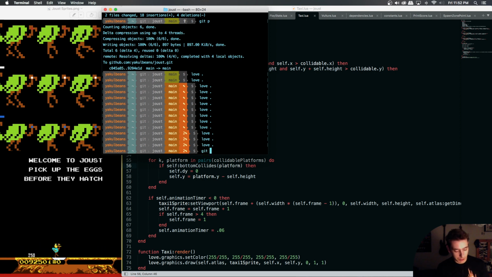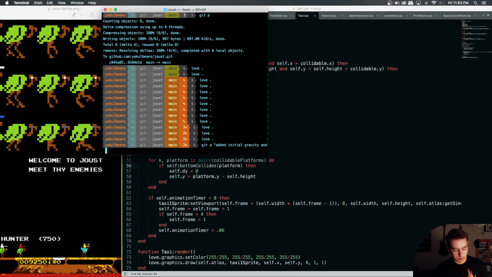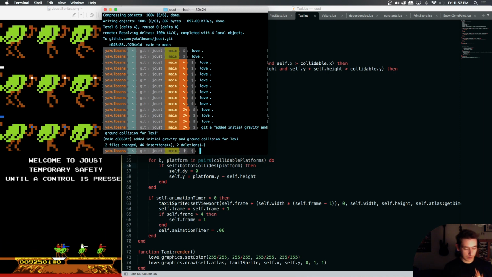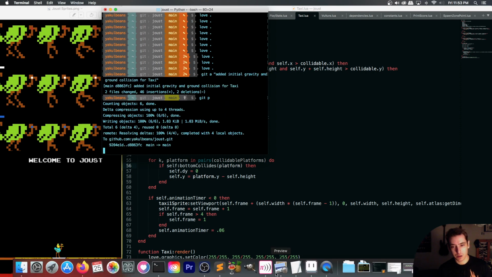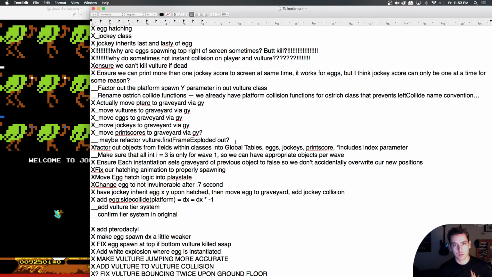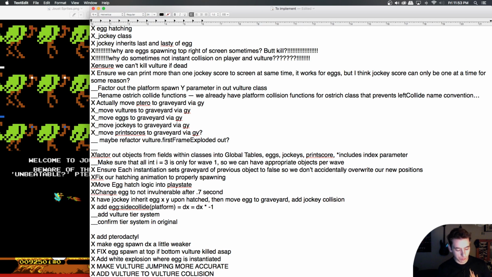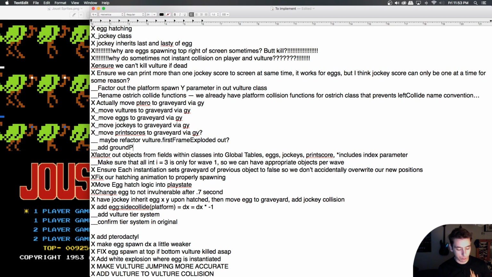But I'm going to add everything to the staging area with a commit message saying added initial gravity and ground collision for taxi. I'm going to git push this to our origin main, and then I'm going to make us a note saying we need to remember to add ground platform collision